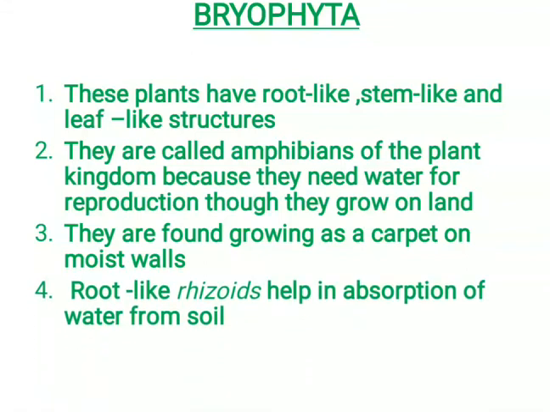As told to you before, they have root-like structures. And what are these root-like structures called? Rhizoids. Check the spelling, R-H-I-Z-O-I-D-S. They help the plant in absorbing water from the soil or from the substratum or bricks where they are growing. Since flowers are absent in these plants, they reproduce with the help of spores. Let me remind you, spores are asexual reproductive bodies of cryptogams.